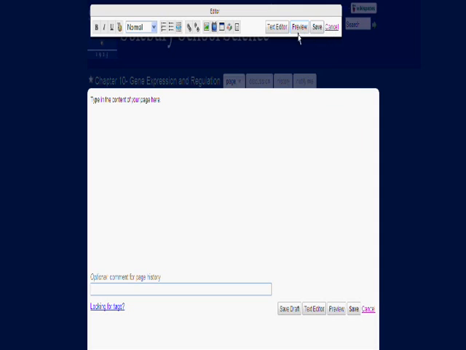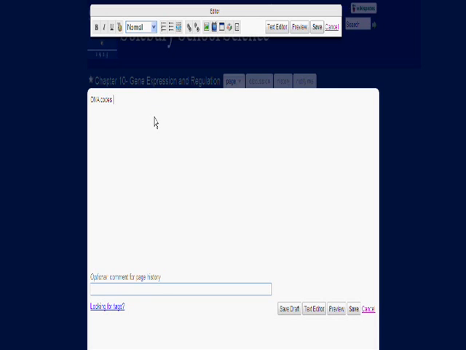and you'll see all of a sudden we have a toolbar up here along the top, which gives us a whole bunch of different options. And what's happened down in the page itself is we've actually created a Word document, more or less. And we can make whatever changes we want. So since this chapter, as you can see here, is on gene expression and regulation, we'll just say something simple like